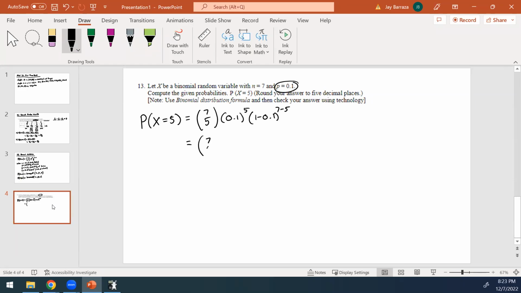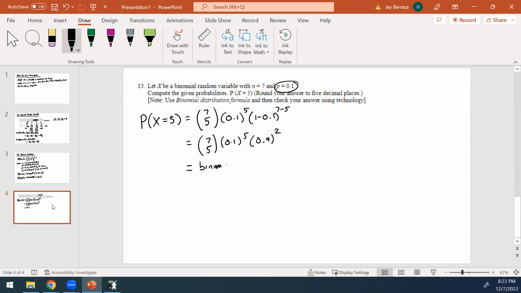That equals 7 choose 5, 0.1 to the 5th power, 0.9 to the 2nd power. And there you go. This is going to be equal to